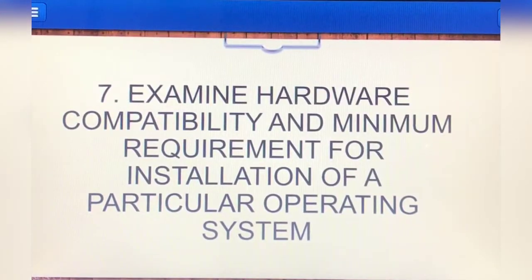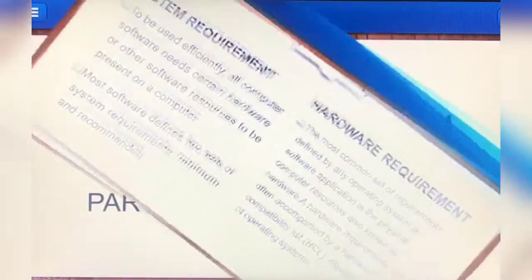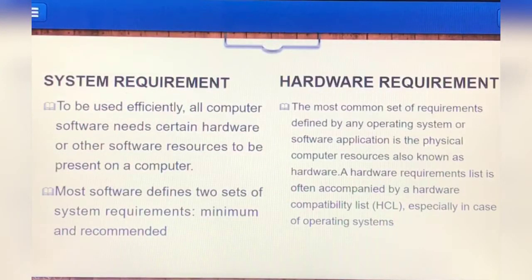Okay, hi guys, welcome back. Okay, this is question number 7. Examine hardware compatibility and minimum requirement for installation of a particular operating system. Okay, next we can see the system requirement and hardware requirement.